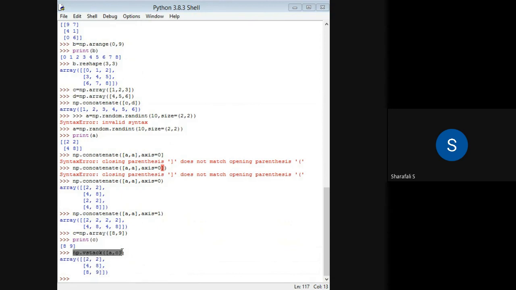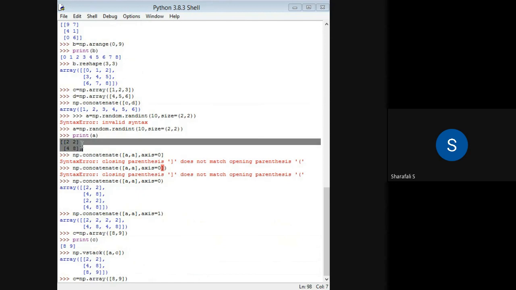In the same way, you can also do concatenation horizontally. In that case, we have to use H stack. This is just like stacking of elements, so you can consider this as stacking. So here, np dot array, I will just put. We have a two-dimensional array A, right?